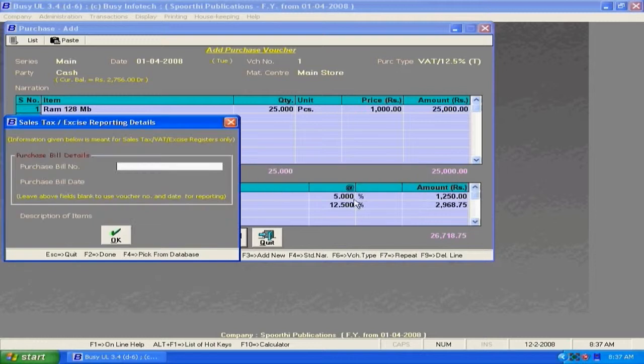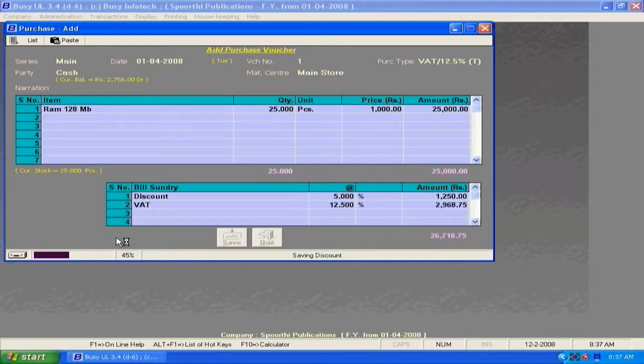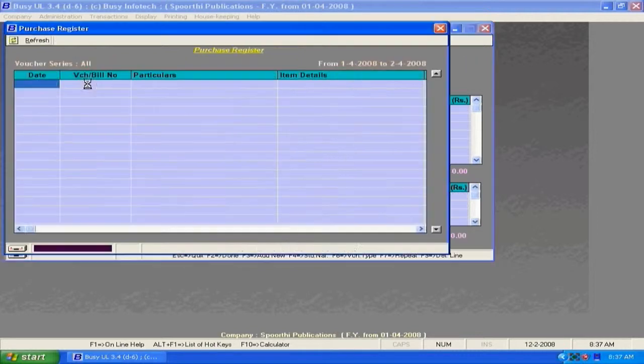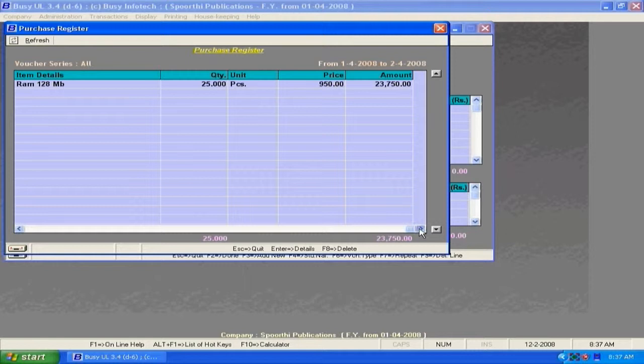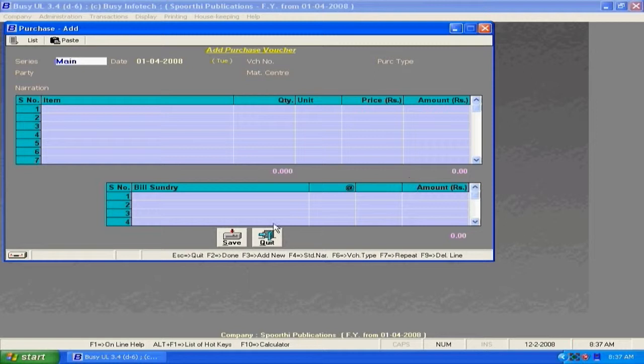Sales tax details are popped up where you need to enter bill number, purchase date. On clicking list, you will be displayed with all the purchase vouchers that are being entered to and from dates. Similarly with sales returns and purchase returns,